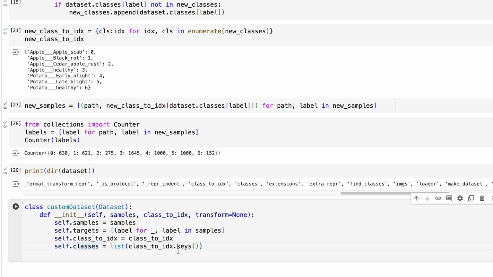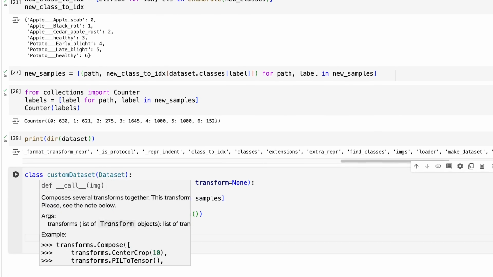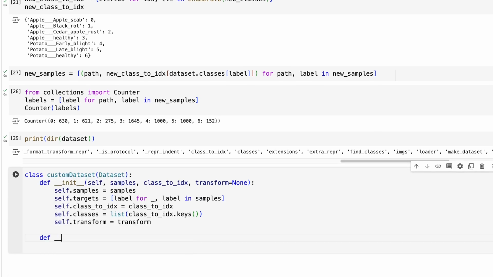So we are extracting the keys of this dictionary that we are passing as an argument while creating this object of this class. We simply take the keys of it, convert into a list and assign it to self.classes. And finally, we'll also assign transform to self.transform if there is any transformation that we are planning to conduct for the given dataset. And we'll also do this method overriding for the len method as well